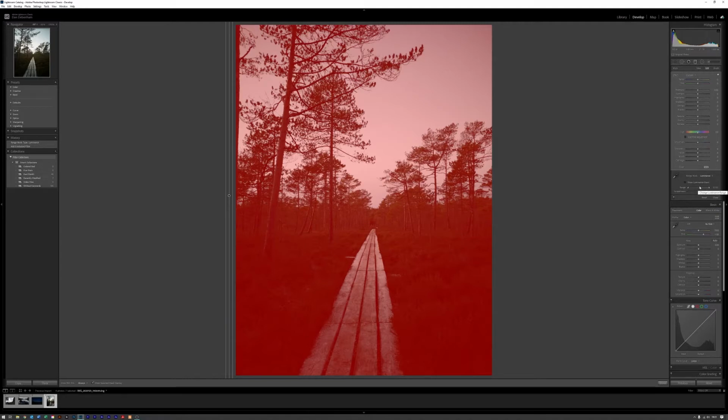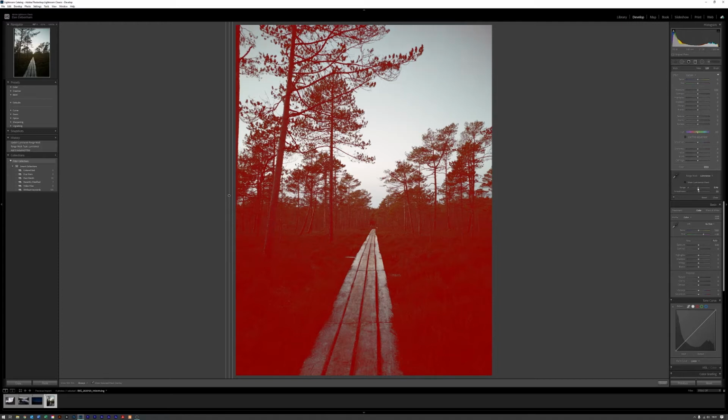Now what we're going to do is we're only going to affect the dark areas. So I want to drag this slider across to the left, and you can see that the range mask has got smaller. That red box gets smaller and smaller because you're automatically editing out the lighter areas of that image. I think that works around there for this image, and it'll work differently for each individual image that you've got.